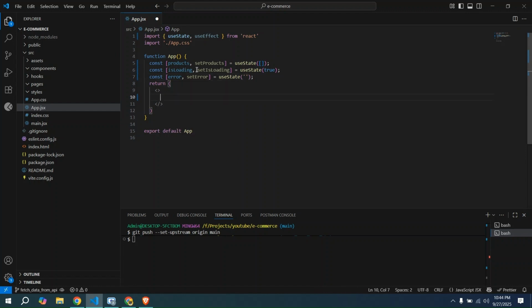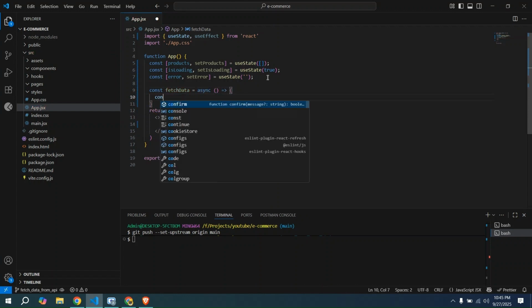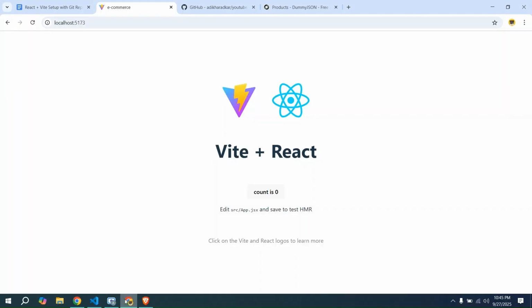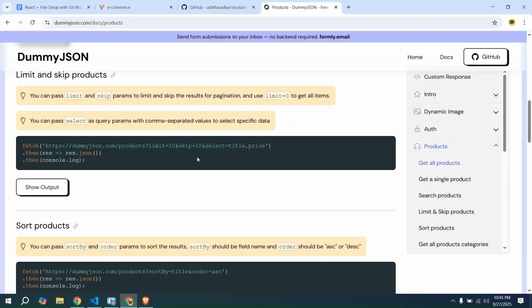So I'm going to start by creating a handler which is going to fetch data, and this will be an async function because we are going to handle async operations, and we are going to make use of the fetch function which is provided by the browser. And we are going to store the response. So we make an API call using fetch, and we want to pass this URL,